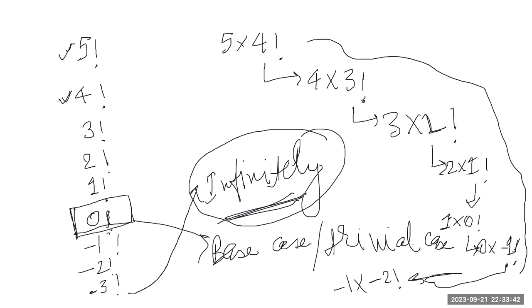Fine. So when I'm reaching this 0 factorial, see, 5 factorial is telling me to give 4 factorial, this is telling me give 3 factorial, this is telling me 2 factorial, this is telling me give 1 factorial, and this is telling me give 0 factorial. When I reach here, please concentrate on 0 factorial. Now I know my 0 factorial is equal to 1. Is this fine for you?